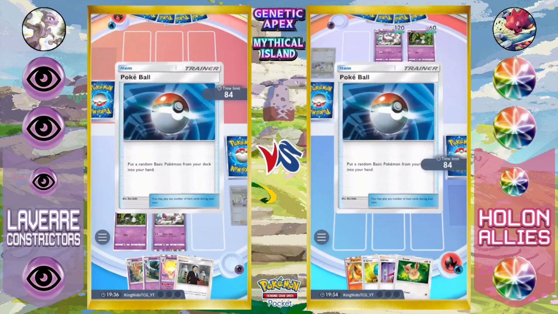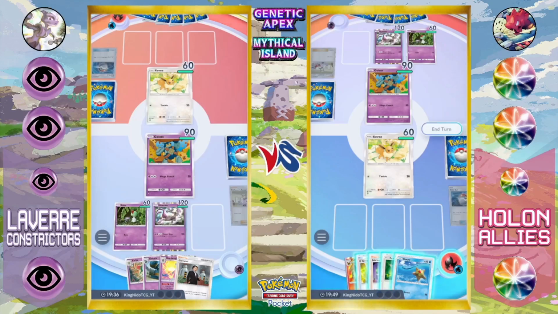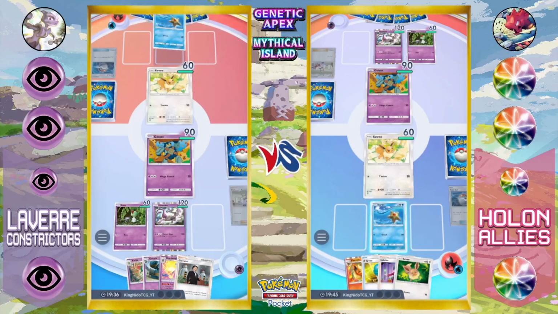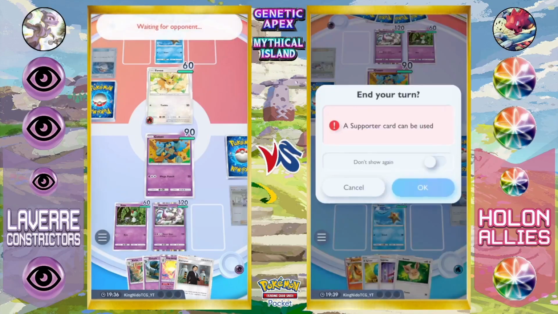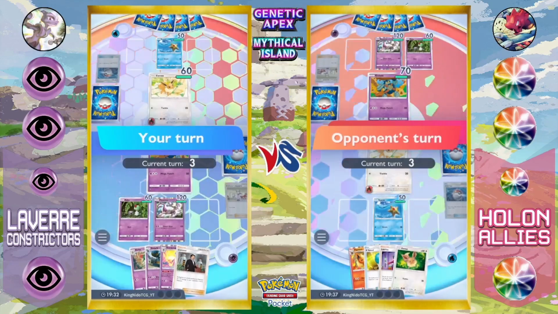They're going to play the Pokeball, trying to get another basic Pokemon. This time they get the Staryu, and their energies produced here are the fire and water energies for this deck, as the Holon Allies are the rainbow decks here in the PokeType League VGC. They do have multi-type teams, as that tackle with the fire energy that was put onto the Eevee,